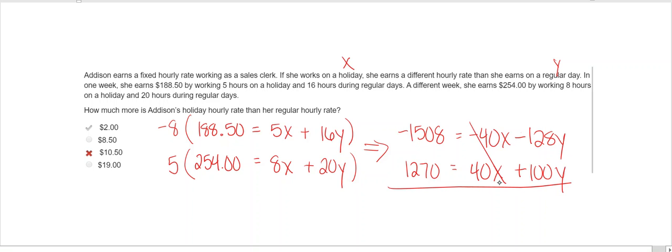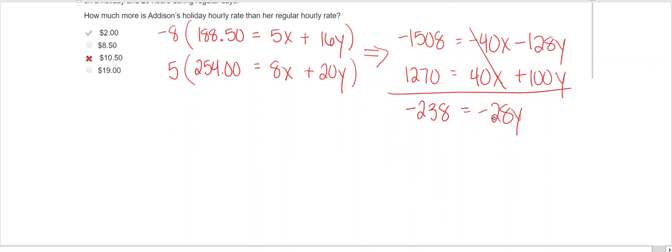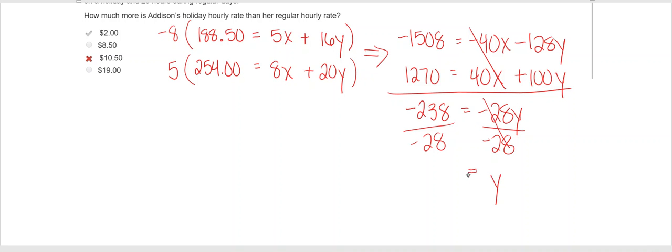Negative 1508 plus 1270 is negative 238. The x is canceled. Negative 128y plus 100y is negative 28y. And now we're going to divide both sides by negative 28, and we get that y equals, divided by negative 28,